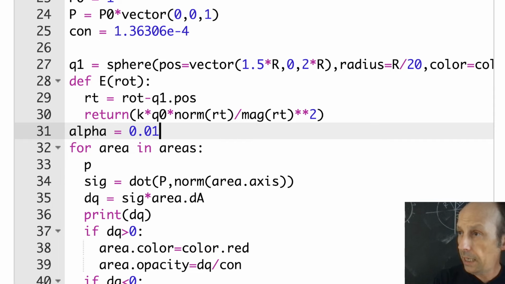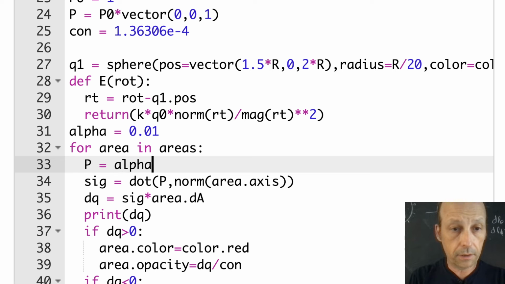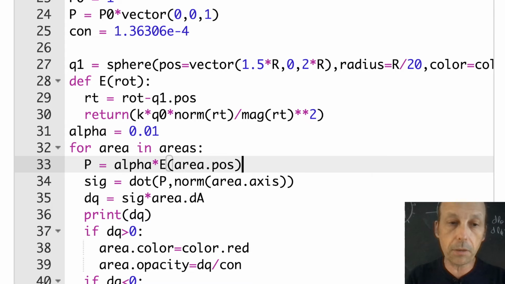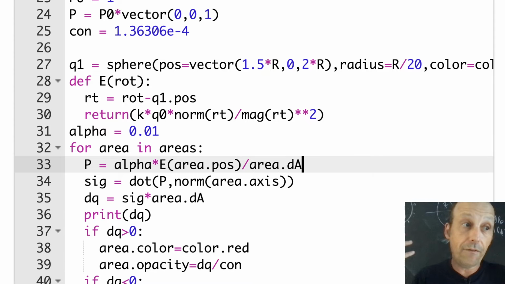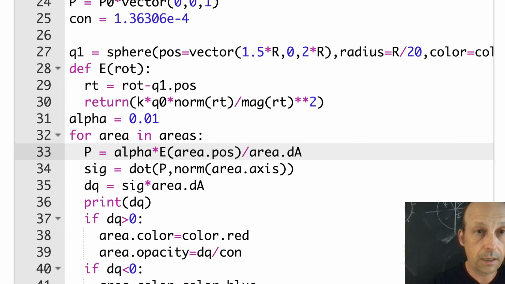So is this P or p? Is it capital P or lowercase p? I think it would be P, but let's just do this. P is going to be equal to alpha times E of area.pos. That's the location I want it. But then I have to divide by the volume. So the volume is actually going to be the area, right, times some thickness. So let's just say divided by area.dA. So now I have the polarization vector. And then everything else is the same down here, right? So I'm still going to find the sigma and all that stuff. I'm going to have to change my value for